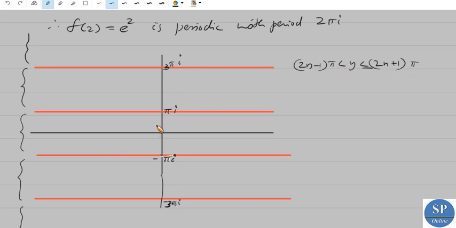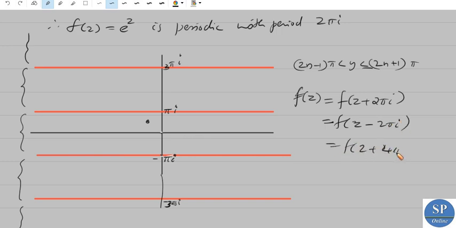Okay. So we can split our entire complex plane into these horizontal strips such that for any point z in this strip minus pi i to pi i, the value of the exponential function at that point is the same as f of z plus 2 pi i, which is equal to f of z minus 2 pi i, which is equal to f of z plus 4 pi i, etc. That is, e power z is equal to e power z plus 2 pi i, which is equal to e power z minus 2 pi i, which is equal to e power z plus 4 pi i, etc. That is, ഈ പോയിന്റിലെ z എന്നുള്ളൊരു പോയിന്റ് ഈ മൈനസ് പൈ ഐ പൈ ഐയുടെ ഇടയിലുള്ള ഒരു പോയിന്റ് ആണെന്ന്